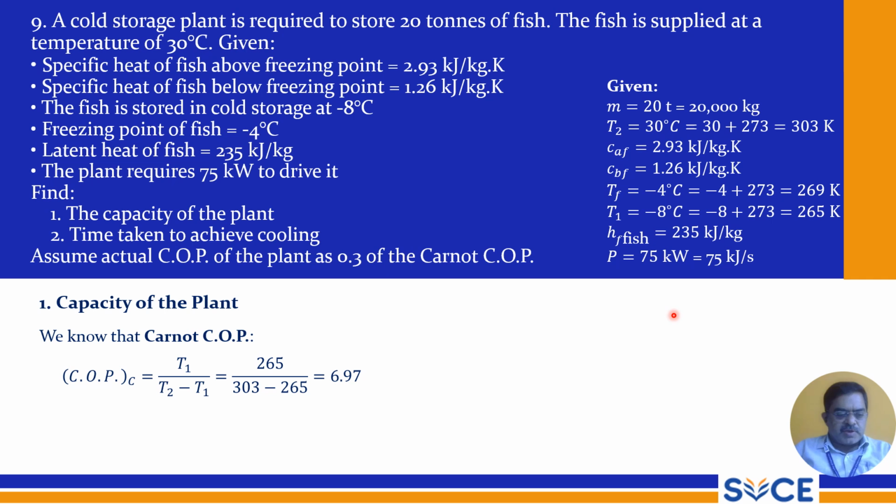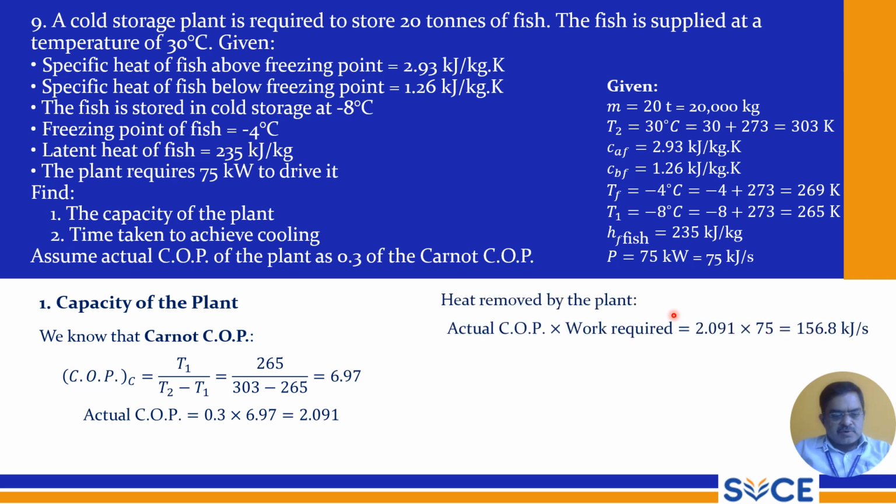For the capacity of the plant, the COP can be calculated. T1 divided by T2 minus T1 equal to 265 divided by 303 minus 265, that is equal to 6.97. Actual COP equal to 0.3 into 6.97, so that is equal to 2.091. So the heat removed by the plant is actual COP into work required, that is 2.091 into 75, equal to 156.8 kilojoules